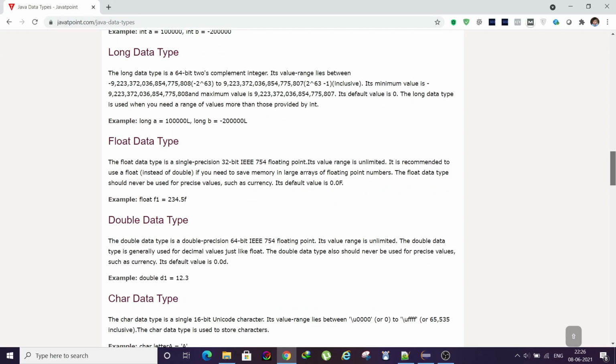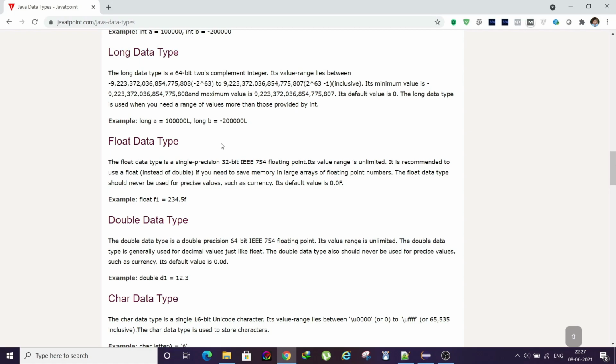Next we will see the decimal types. For decimal we have two types: one is float, and another is double. Float is a 32-bit floating point. The basic difference between float and double is that float will occupy less space being 32-bit, and double will occupy more space being 64-bit.